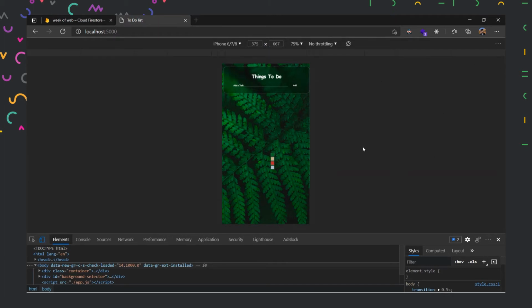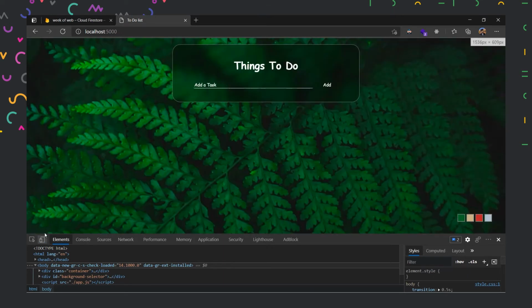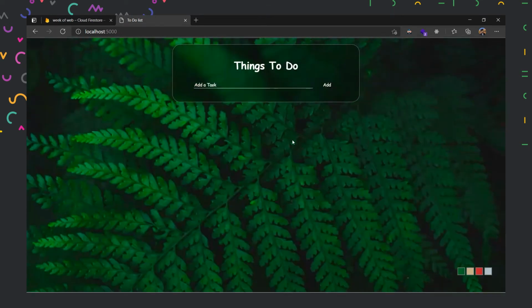So that is how our website will look on a mobile device. We can work on that as well. Making sure our website works properly on all kinds of devices is called responsive design, because it responds to our screen size. All right, so this part is also done now.